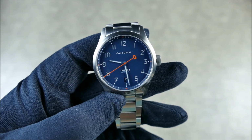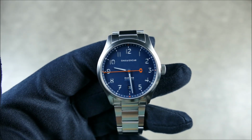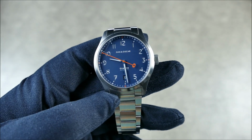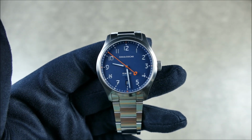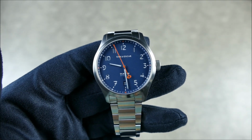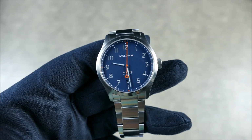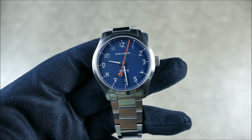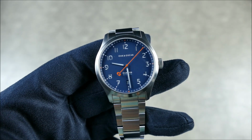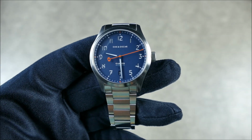So March. Anyways, guys, I think where Oak and Oscar really differs, as far as branding and their execution goes, is that Oak and Oscar was really trying to just do a premium version, not necessarily a luxurious version by virtue, but maybe luxurious after you add up everything that they've done. It's luxurious in its advancements and its fine details and design over your basic field watch,